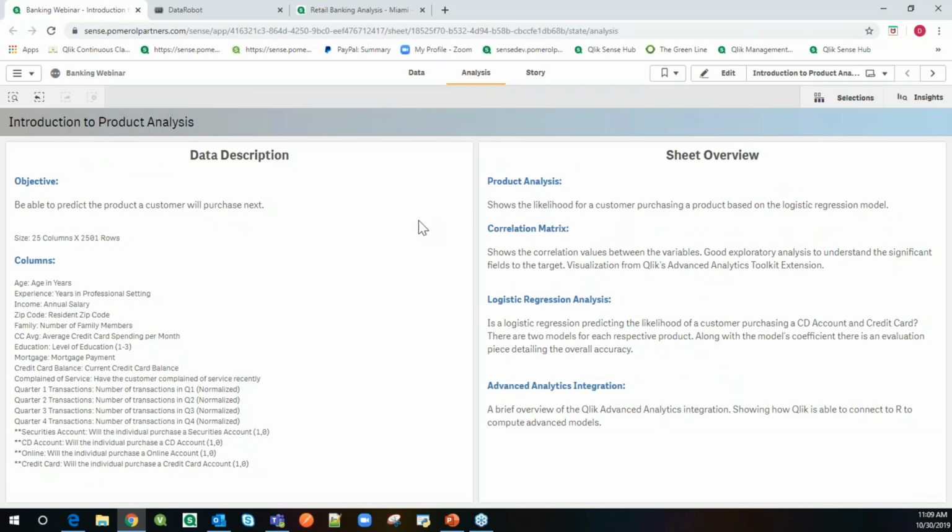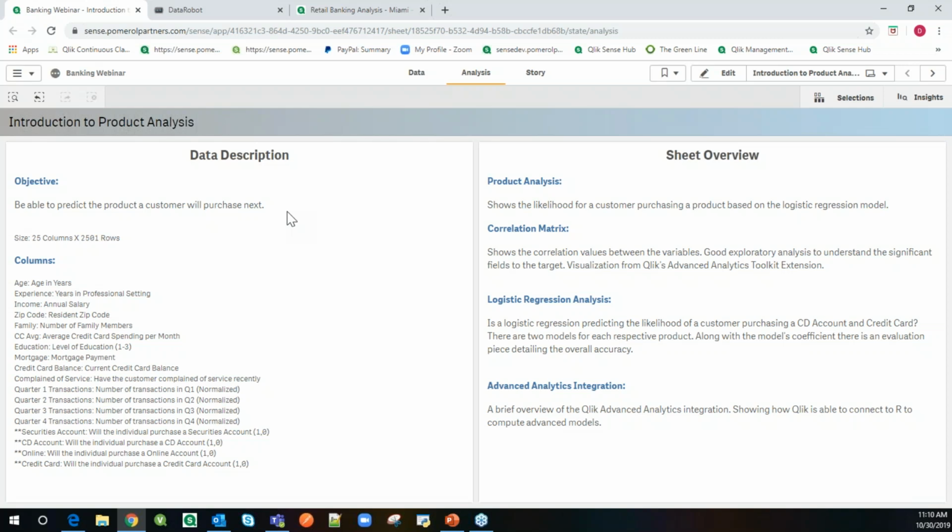Awesome. Thanks, Sean, for the introduction. As Sean was saying, in this first use case, we are trying to predict what product a customer will most likely purchase next. This is a really important use case, and it can really help bank managers and decision makers and credit unions and these organizations to create a better marketing strategy by understanding what product a customer will buy. They can sway customers with different proposals based on those products, and also from a customer satisfaction standpoint, we can make sure that we are providing customers with products that really are necessary for them and match